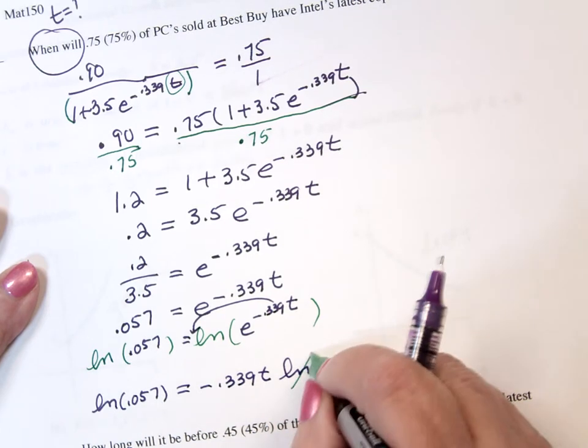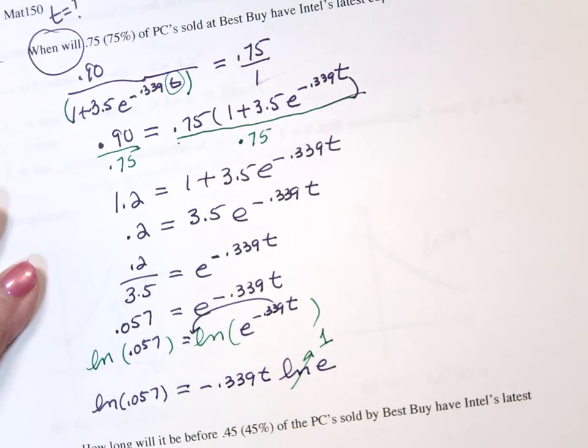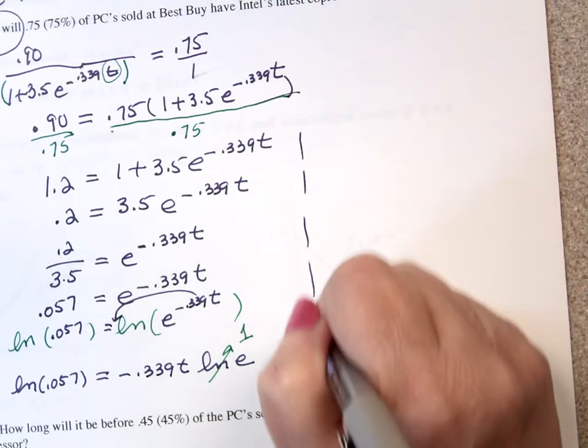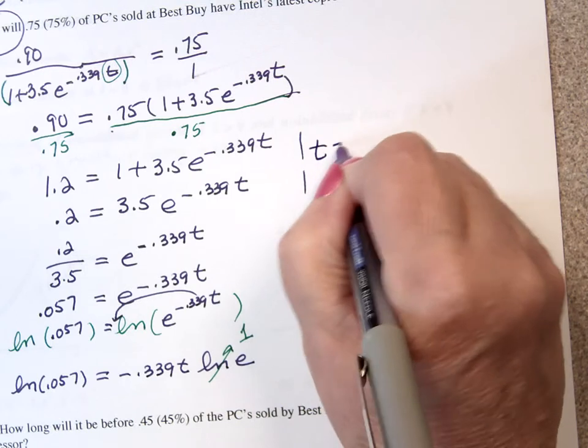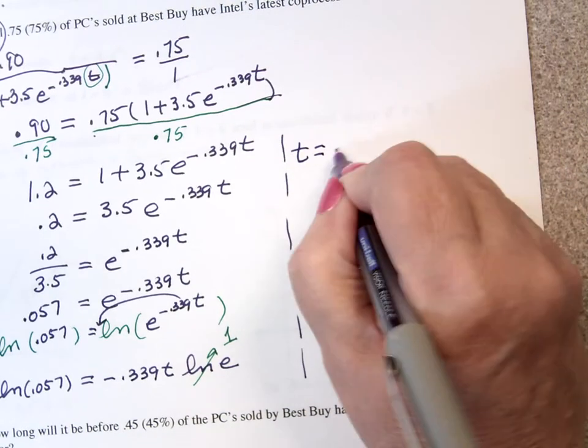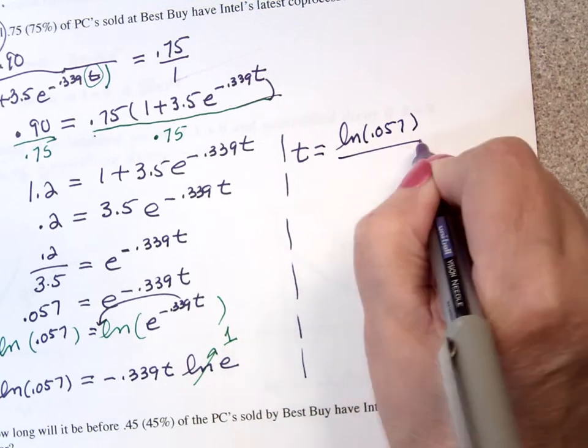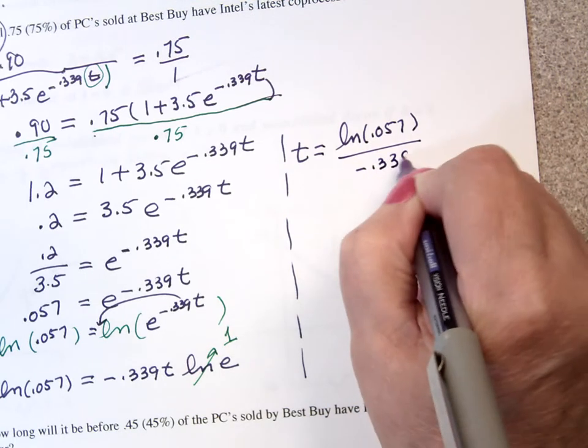And we know the natural log of e is 1. So t is the natural log of 0.057 divided by negative 0.339,